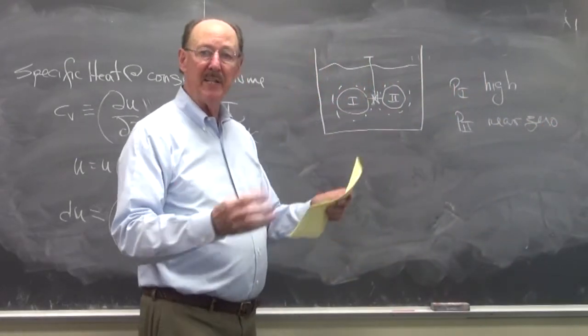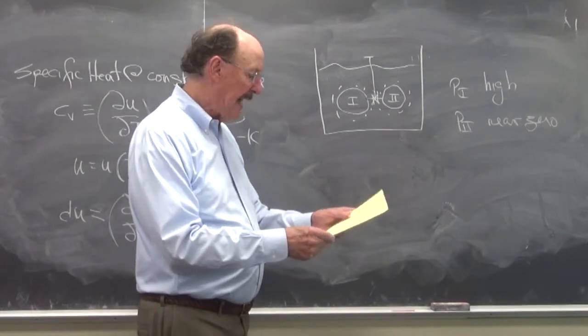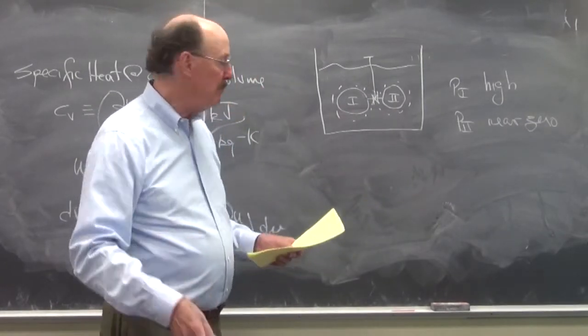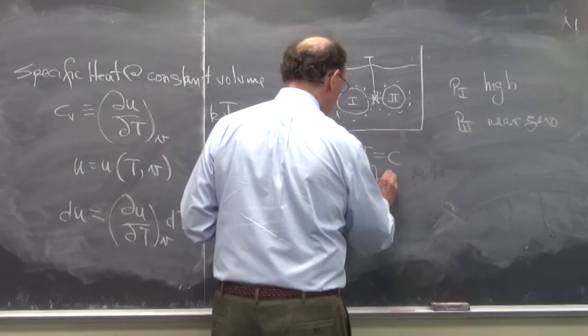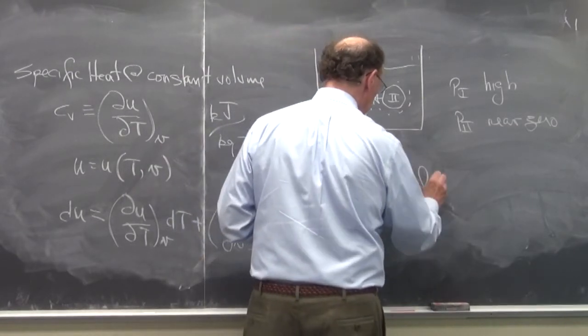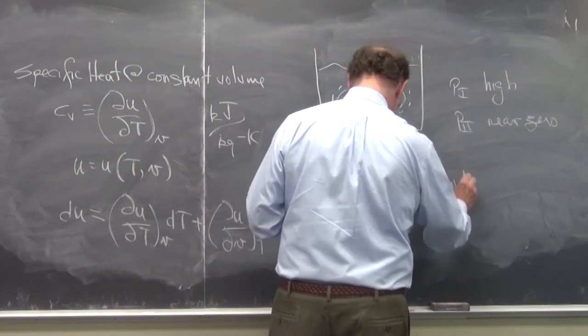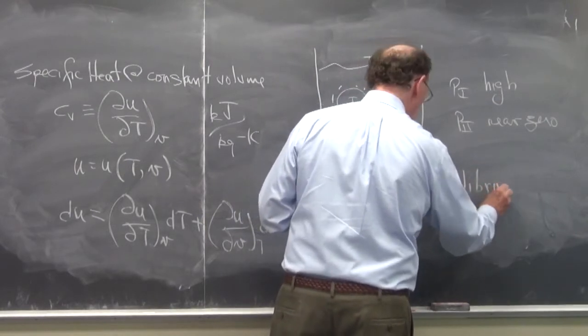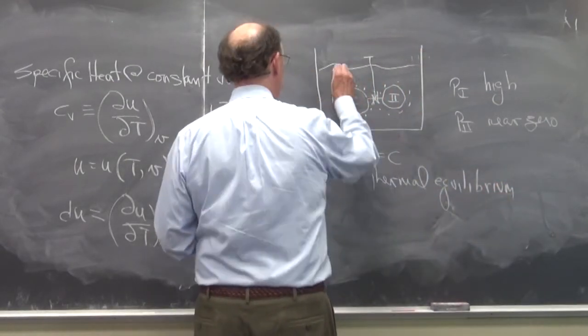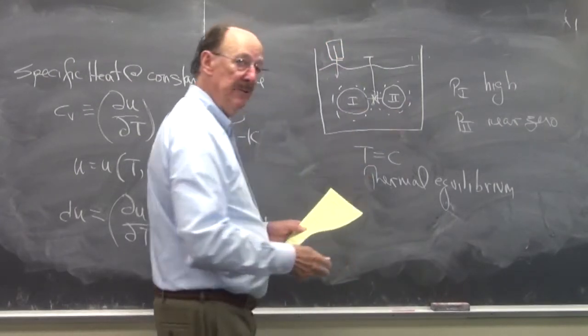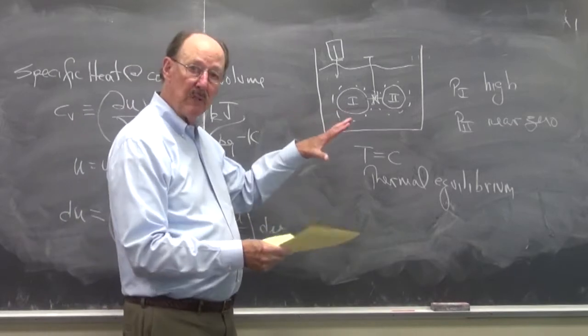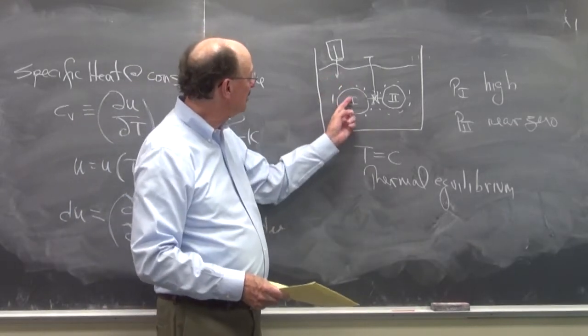They evacuated one, they had a high pressure in the other, and they let thermal equilibrium exist. So now we have T equals constant, thermal equilibrium. And they put a thermometer in here. And so what they did, they let thermal equilibrium exist, so the temperature of the water was the same,